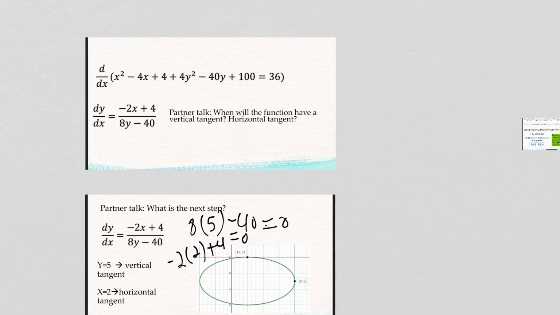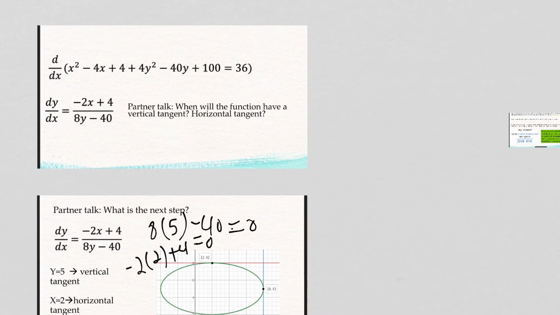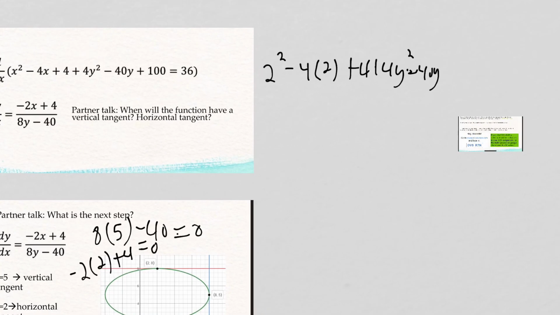So here we'll come back up to our original function that has x's and y's in it, right? If I'm saying that there is a vertical tangent when y is 5, well, we would have to plug in y equals 5 and solve for x. And if I'm saying that there is a horizontal tangent when x is 2, I can plug in x equals 2 and solve for y. So I would have to say 2 squared minus 4 times 2 plus 4y squared minus 40y plus 100